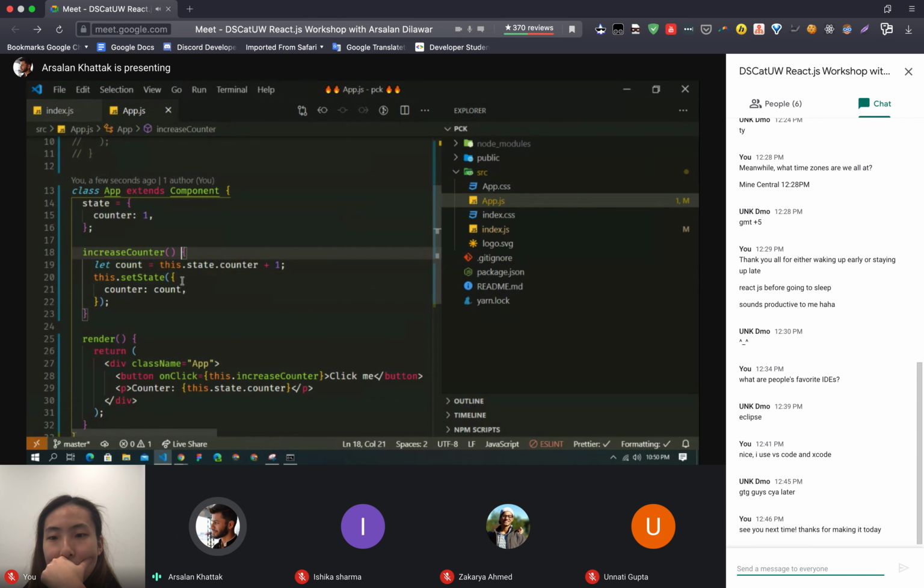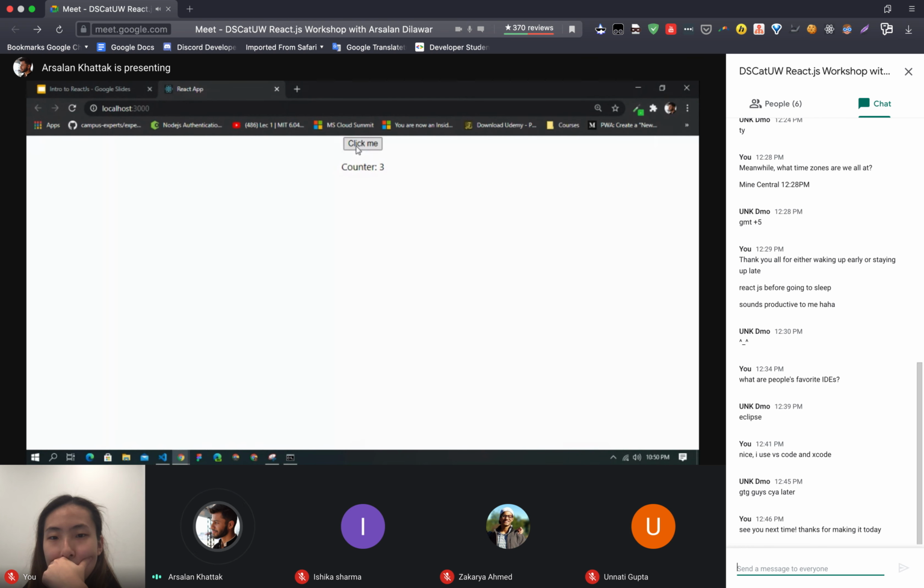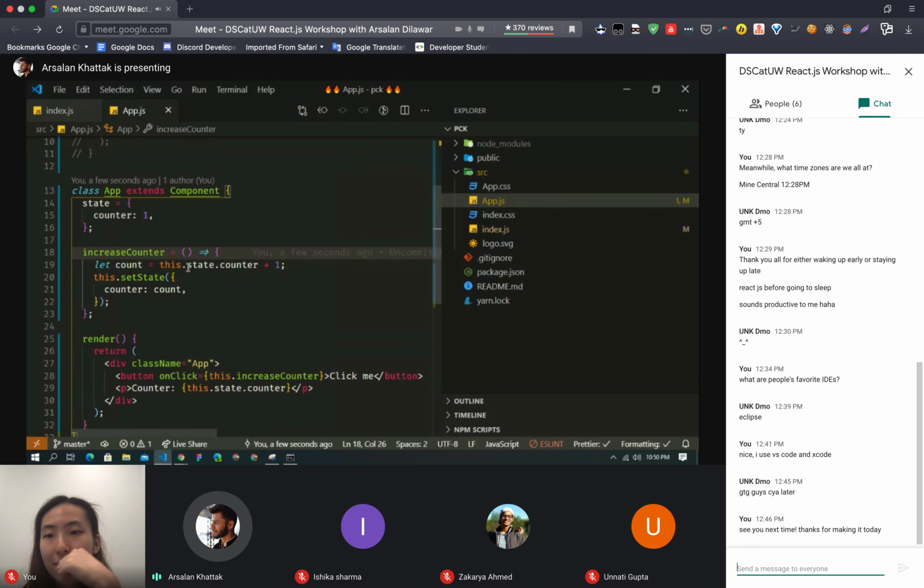What we can do is go with this, if this works. Yep. And the reason it was not working was we were using this function instead of this function. So these are two different functions.